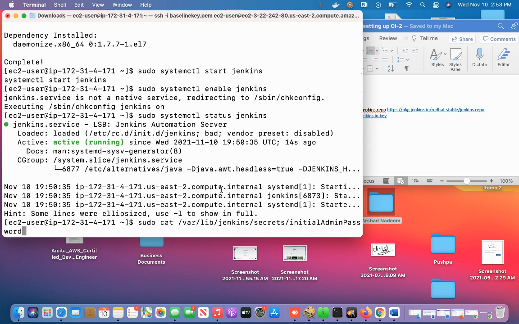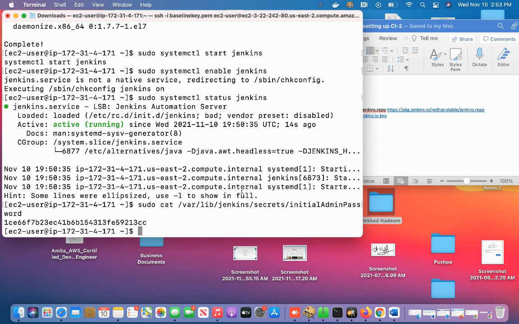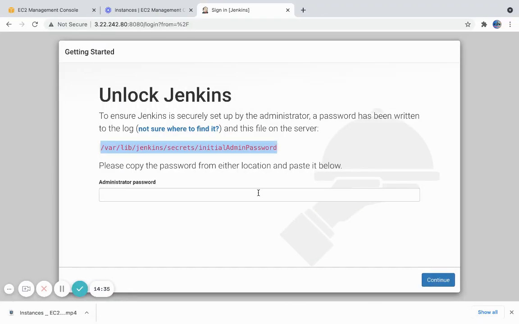The reason why I used sudo is that when we try to access the var lib folder, we should be a root user. Now copy this key, go to your Jenkins machine,